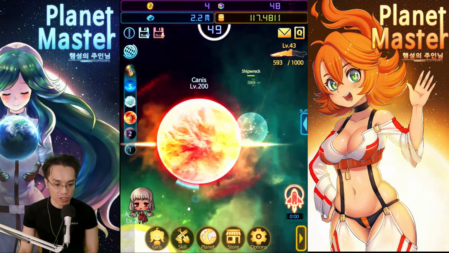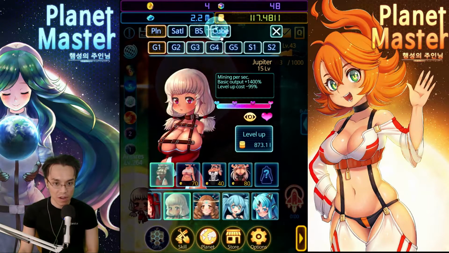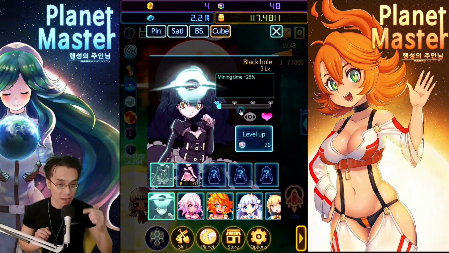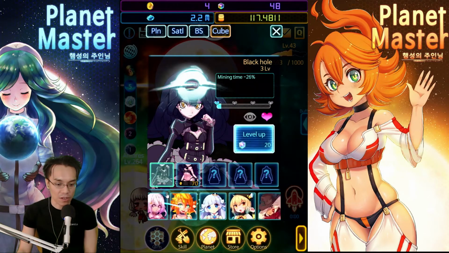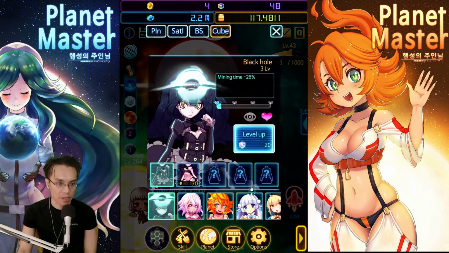Now, speaking of which, as far as buffs are concerned, for you free-to-play players out there, your first goal, if you don't want to spend any money in this game, is to unlock the Cube Girls as soon as possible. Once again, you can go under Girls, click on the Cube section, and unlock these girls. Now, what's nice about the way that the game has them set up,